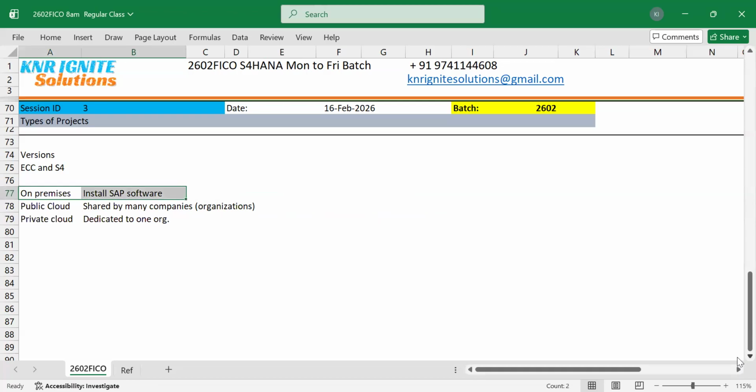On-premises is where you install SAP software on your own servers, and you need to manage everything, hardware, software, and everything, later. Whenever there is a software-related or SAP-related issue, you can contact SAP to provide a service or support. As and when we approach them, they will charge